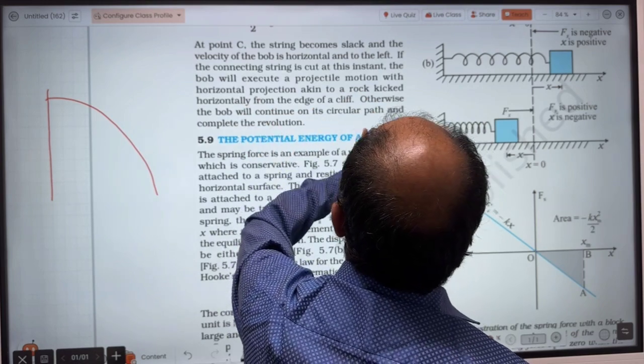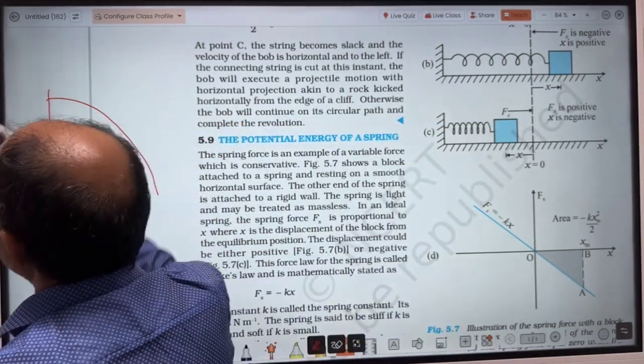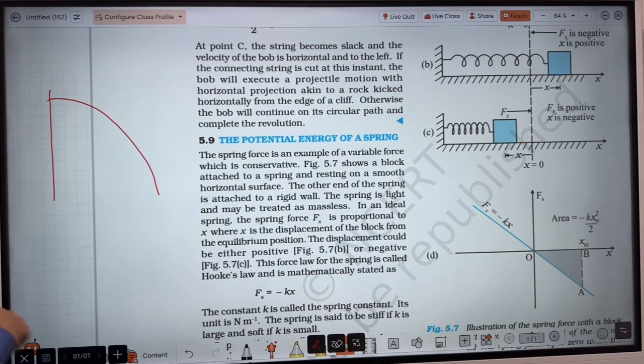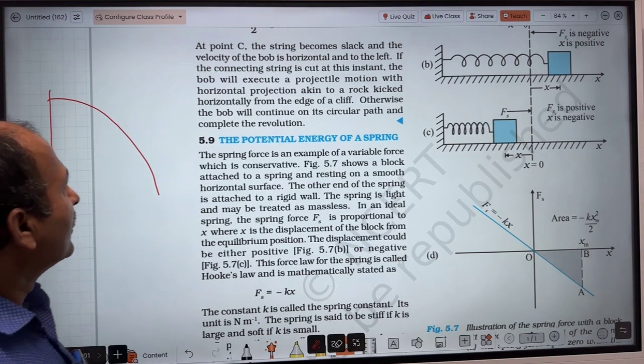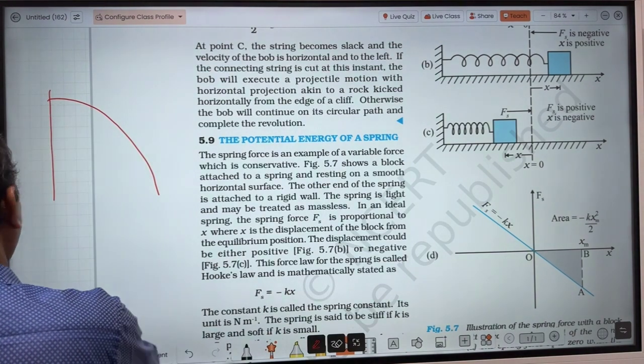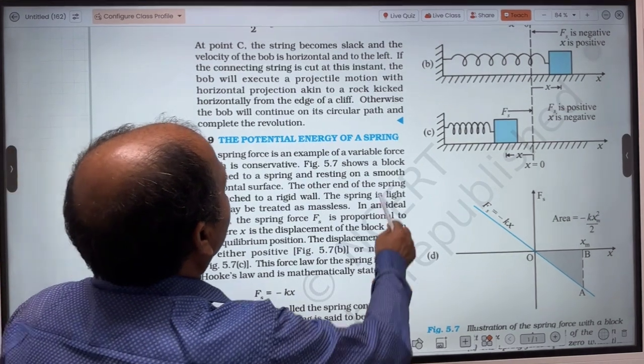Otherwise, the bob will continue on its circle. If the string does not become slack, then it will continue to move in circular motion. So I think this is very clear. Now